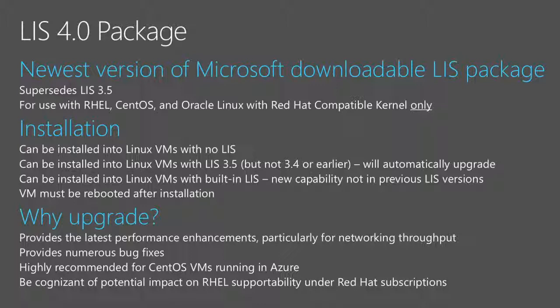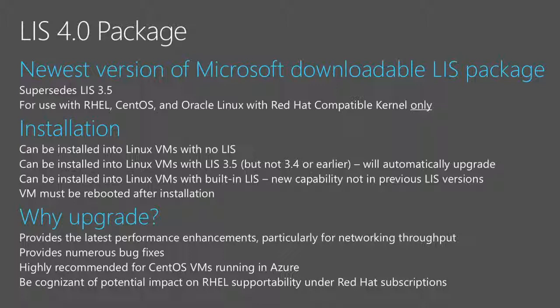The other thing that's going to be new, and I haven't written this specifically on the slide, is we're going to continue to update LIS 4.0 on a fairly regular basis, like every couple of months. So rather than go the year and 4 months or whatever that we went between LIS 3.5 and 4.0, we're going to put out updates every couple of months. We're going to do minor version numbers for now. So what's up there now is 4.07. There might be a 4.08 out there in another couple of months. And maybe we'll bump to 4.1 if we've got significant new features. But performance improvements and bug fixes will go in as a